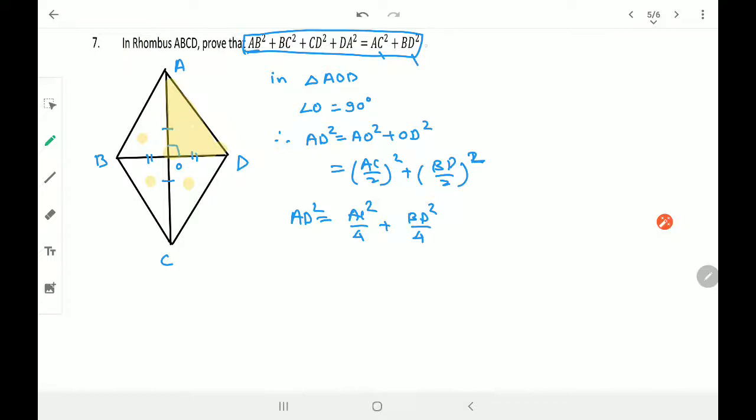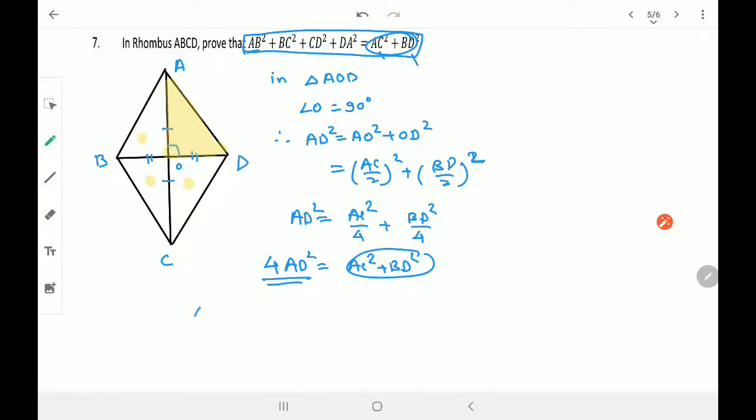तो I got the two sides, two diagonals, just 4 शिफ्ट करना है यहाँ पे. तो I get AD square is equal to AC square plus BD square upon 4 हो जाएगा, right. बट ये 4 मैं यहाँ से उठा के I am going to take on this side. तो it's going to be 4 AD square is equal to AC square plus BD square. Okay, done. तो one side I got it, one side is there, only the other side I need to make it equal to what is required there as the LHS.